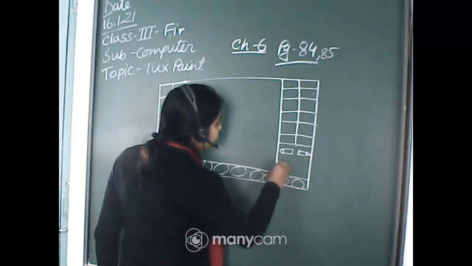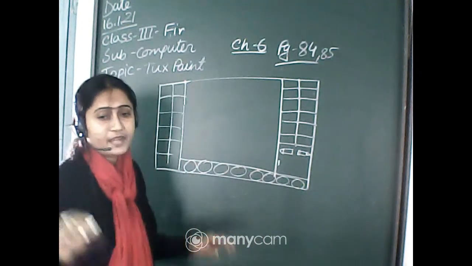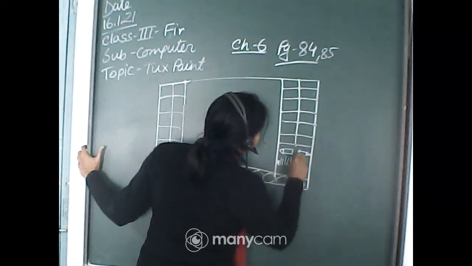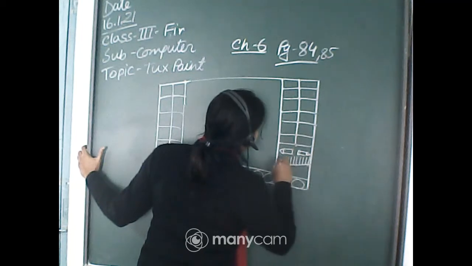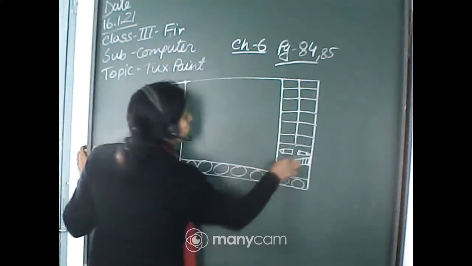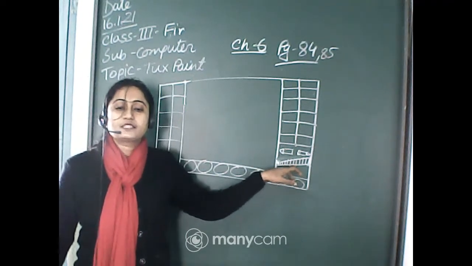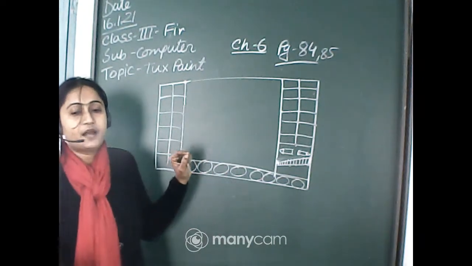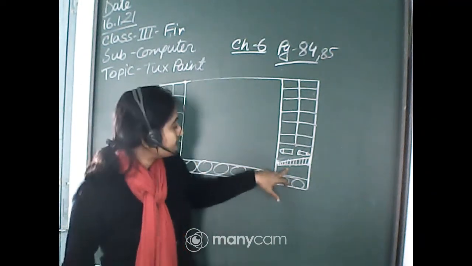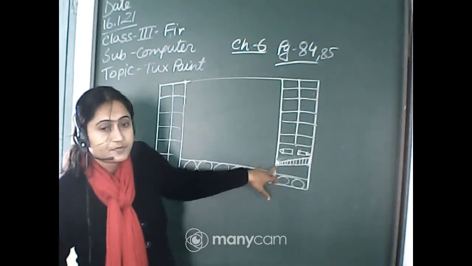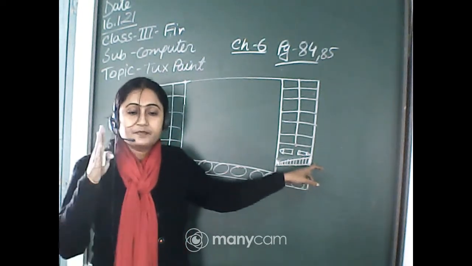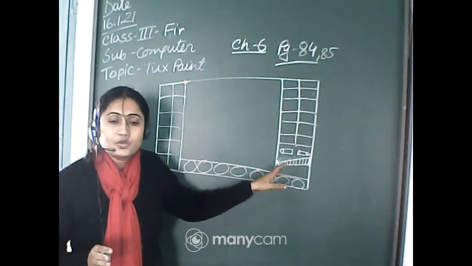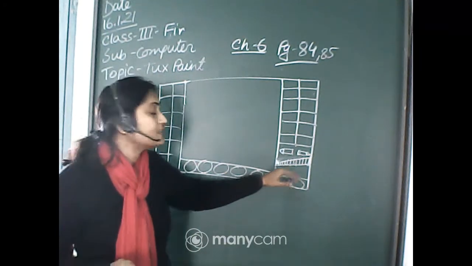How? There is a slope bar. Using this slope bar, you can adjust the size of the stamp. You just click this bar and choose which size you require. This is the slope bar: the left side is the smallest one, and the right side ending is the maximum size. You can change the size of the stamp using this slope bar.